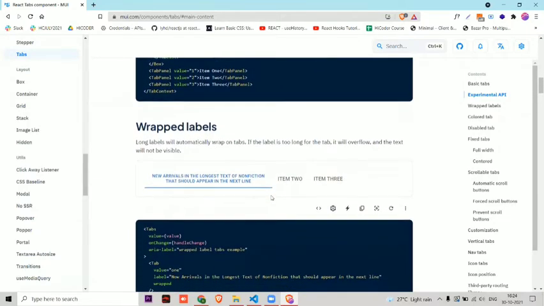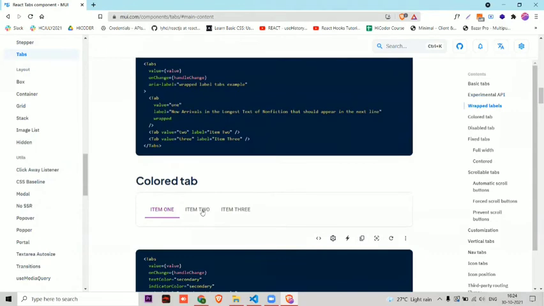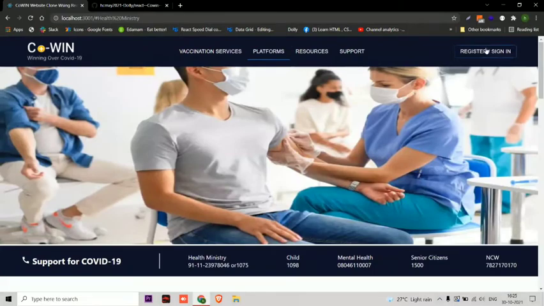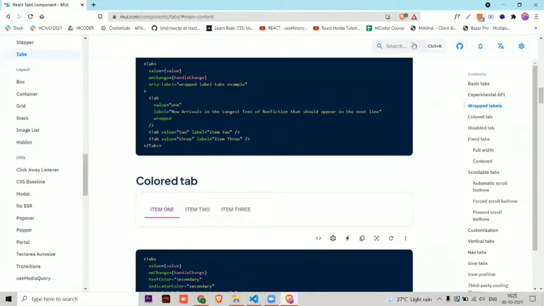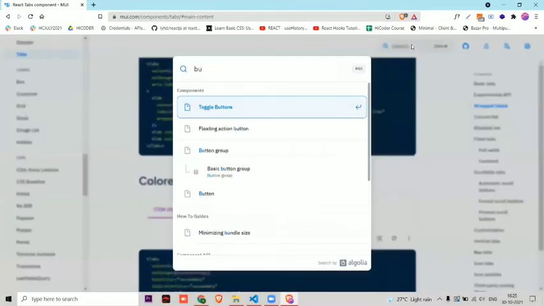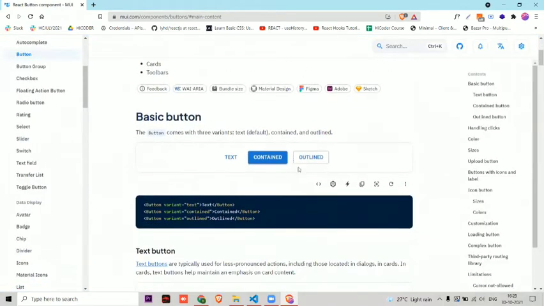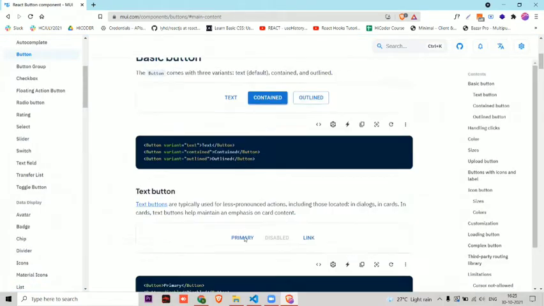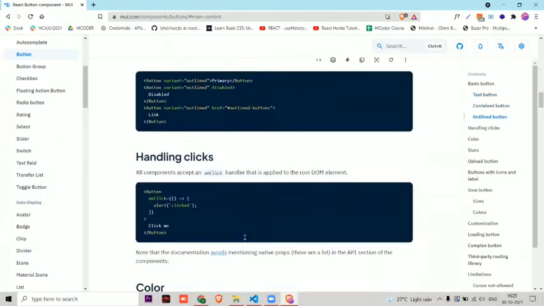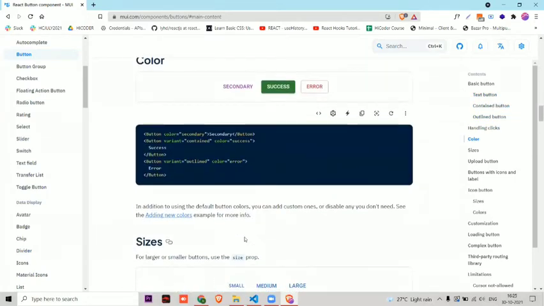Here also the same kind of thing, and I have used this one. Okay, and I have changed the color of it. Okay, so I have used that one. And here is a button also, you can get it from here. Actually you can get each and everything, whatever you want to use, you can get everything here. Buttons, and here I have used an outlined button. So this is the button. If you want another, then you can scroll and you can see different kinds of buttons, different colors.